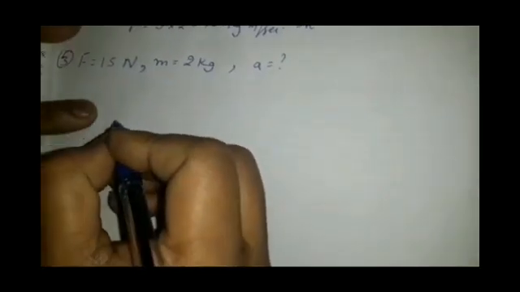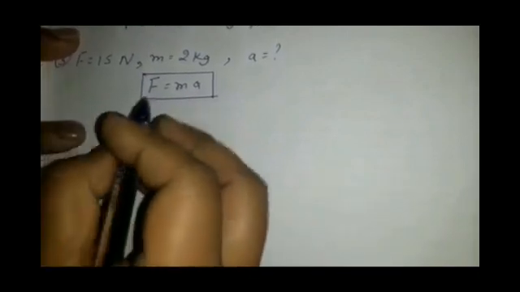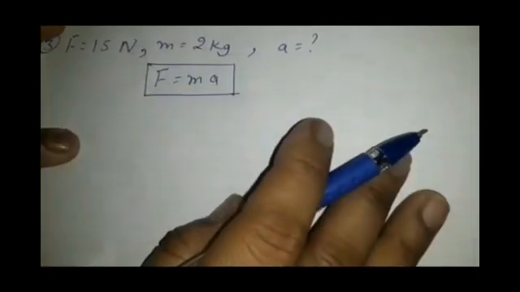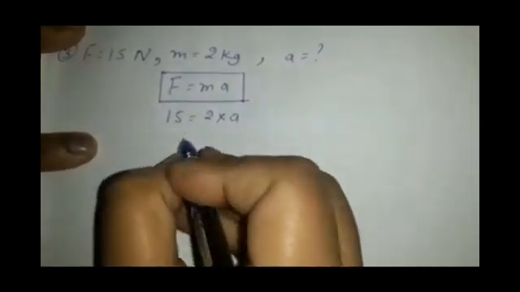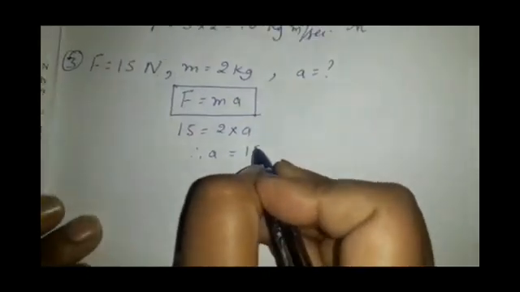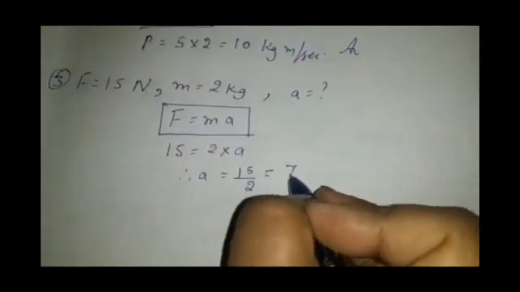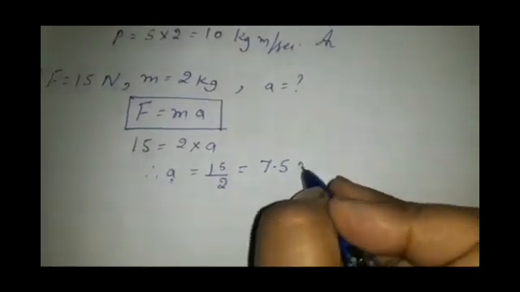We have done Newton's second law of motion. The second law of motion formula is F is equal to m into a. This we have done. Now again you see the unit. Force unit is Newton and mass unit is kg, means SI unit. Put the value. Value of F is 15, mass is 2, into acceleration, which we have to find. Therefore a is equal to 15 by 2. That is, your answer will come 7.5. Now see the unit. It is acceleration. Acceleration unit is meter per second square.